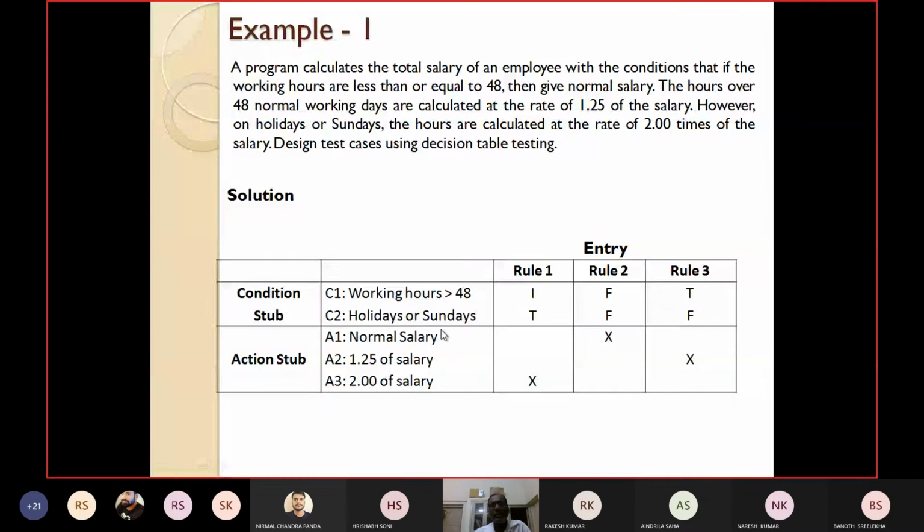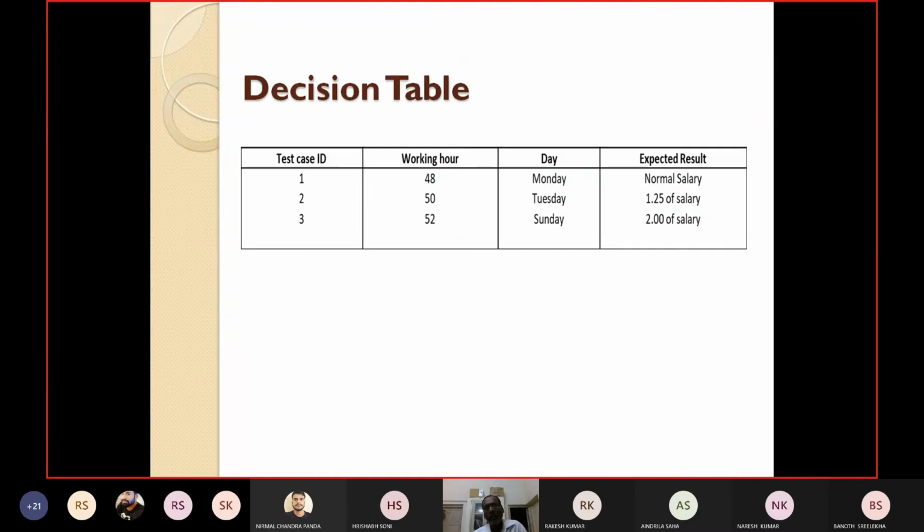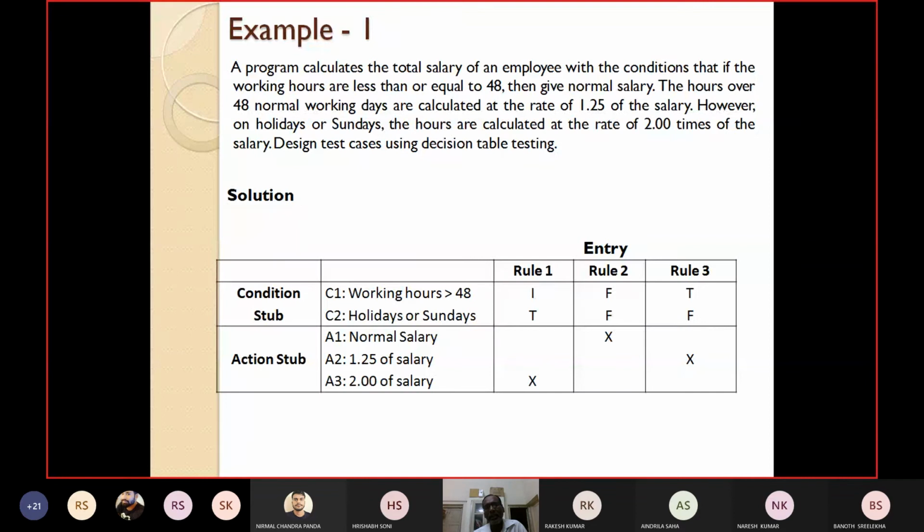Sometimes expanding the decision table to spell out don't care conditions can also reveal some hidden problems. That's why it's better to take 2 values, one for the true case, another for the false case. For example, here the immaterial case is working hour greater than 48. So I can get 2 cases: working hours greater than 48 and working hours less than 48, because as long as it is a holiday or Sunday, you have to pay twice.